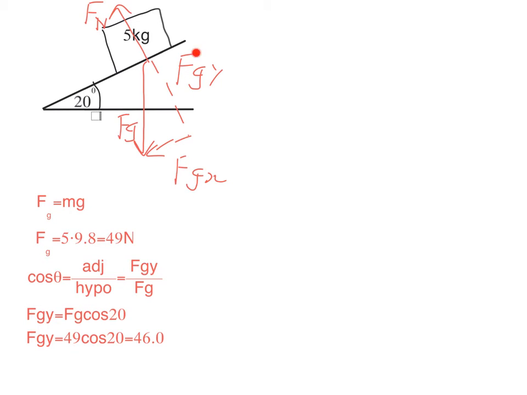So because we know that this one and this one are equal and opposite, then all I need to say